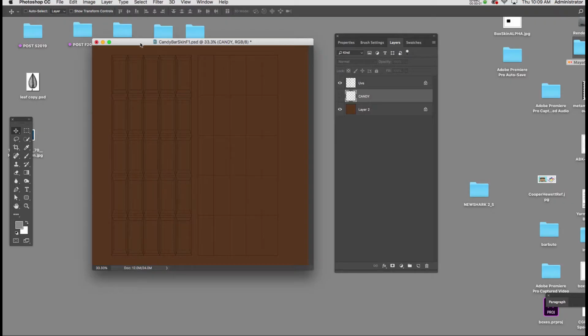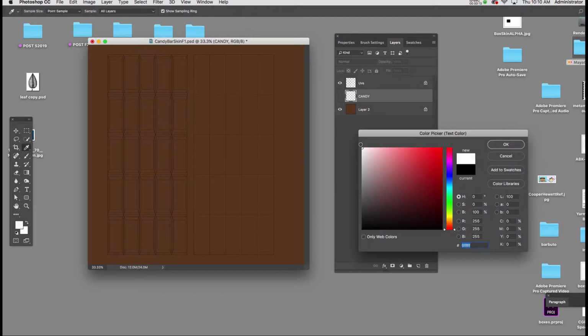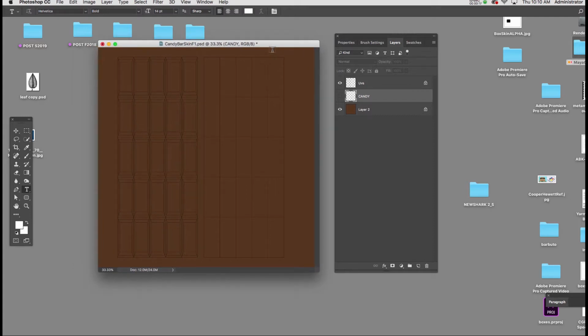I've opened up the candy bar texture inside of Photoshop, and now I'm going to create a text layer that is white. I'll hit T on the keyboard, and I'll go up to the top of the option window, and I will choose white for my character. And I'm going to hit the caps lock and I'll type in candy. I'm just going to scale this up,